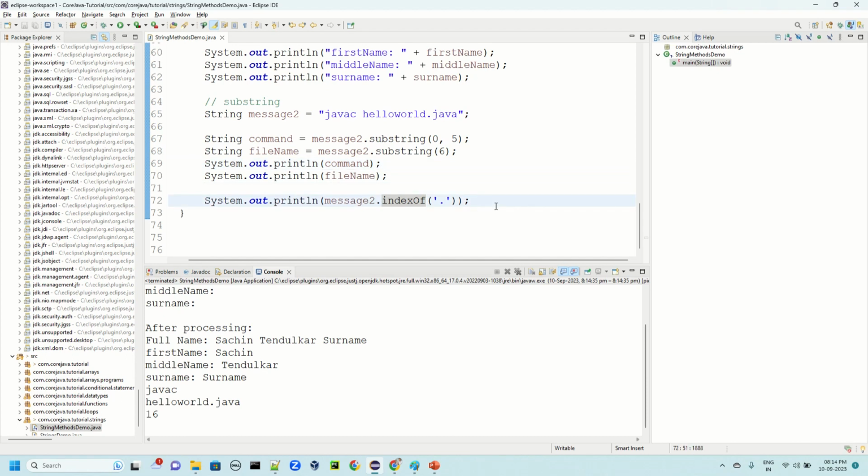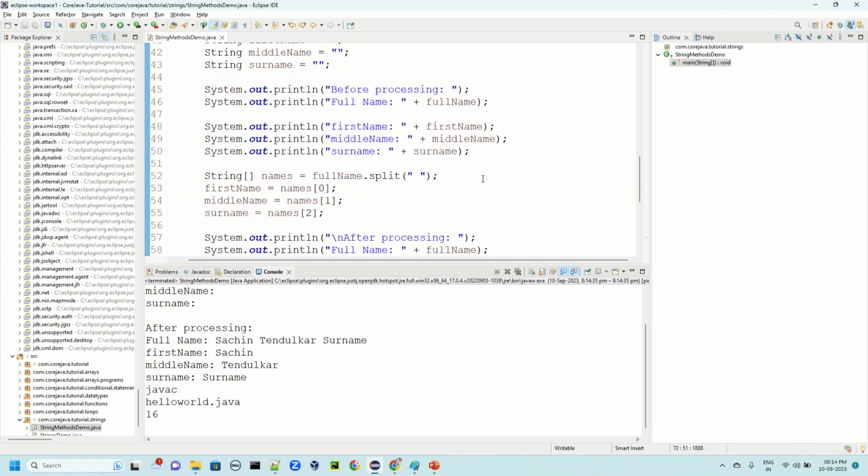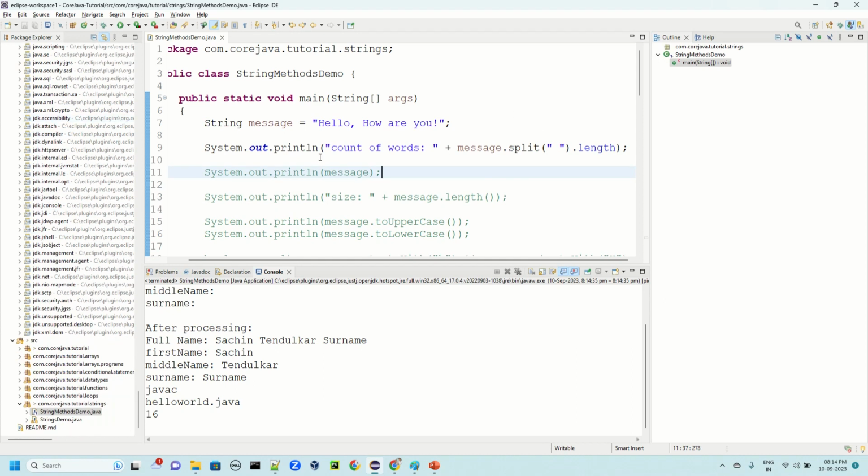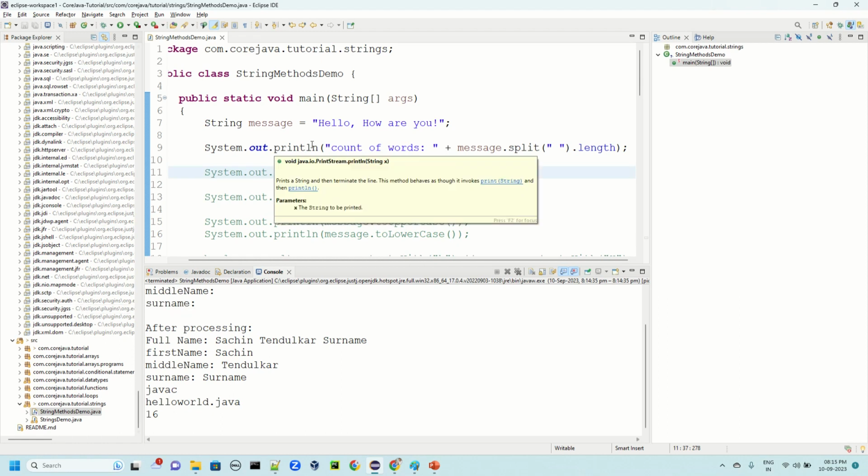So these are some of the methods. We can go deeper and explore, but for now these are enough, and I would recommend you to try